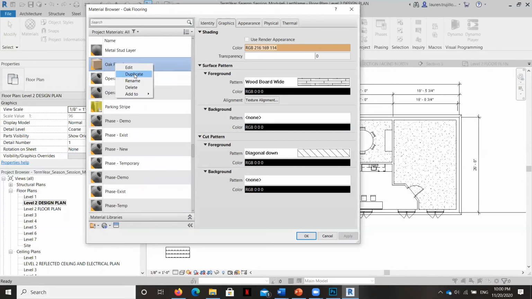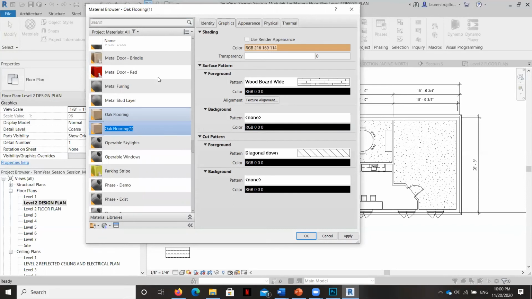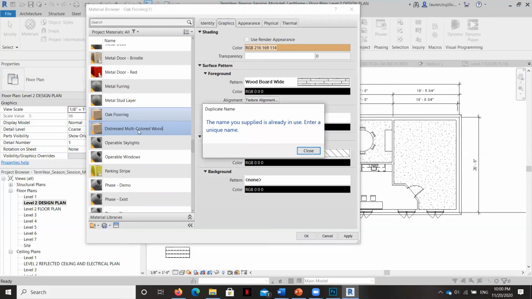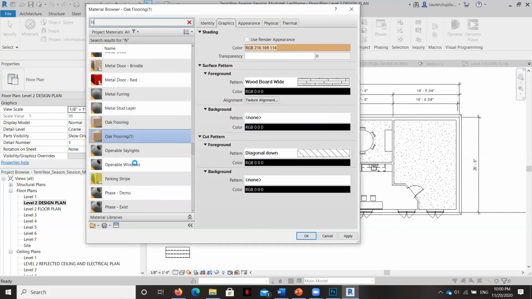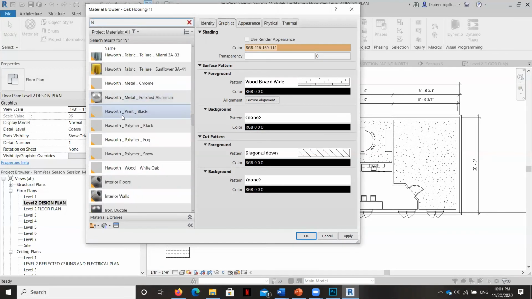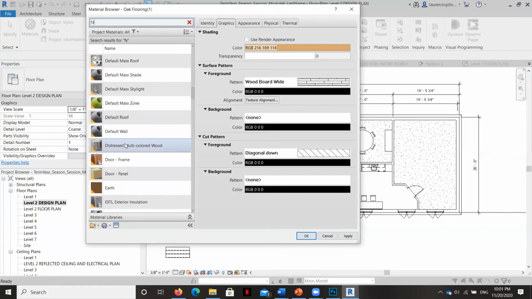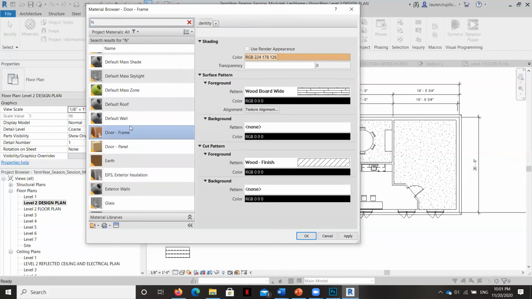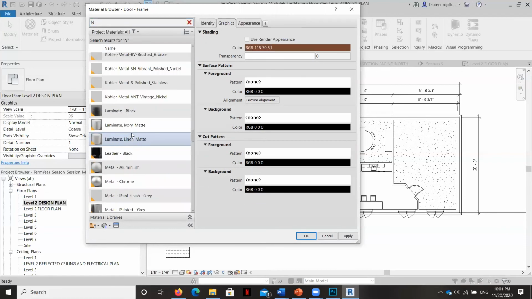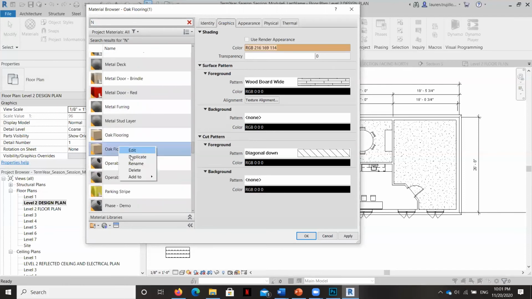I already have deleted the old swatch that was tiling, so it's not there. I can use that name again. Okay, and so I've got, oh, maybe it is still there. Let's go ahead and I'm going to delete the old one. Okay, now I'll rename this.